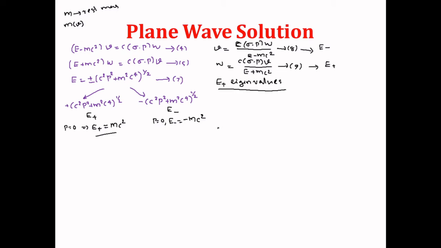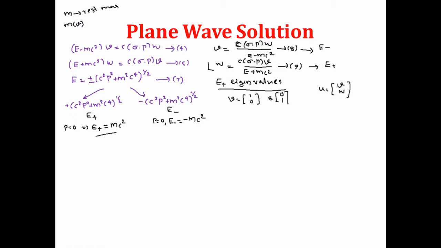For that you have to take V or W to be arbitrary and then determine the other. Let us take the simplest possibilities, that is V equal to (1, 0) and (0, 1). So what we are going to do is, using this value we will calculate the value of W, and then we can determine the value of U as V, W. Okay, so to find the E plus eigenvalues we can only use this particular equation.